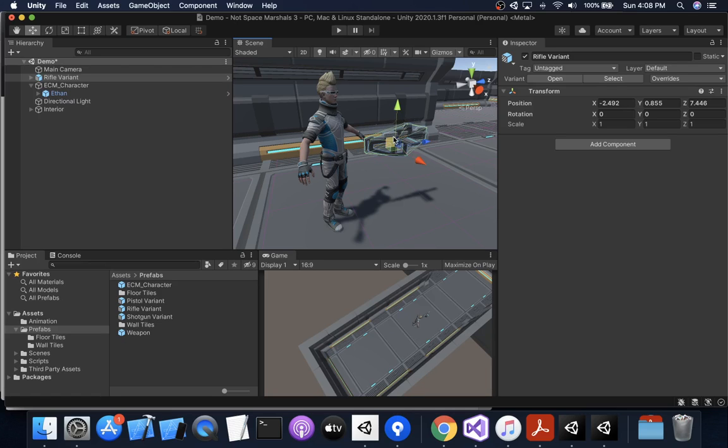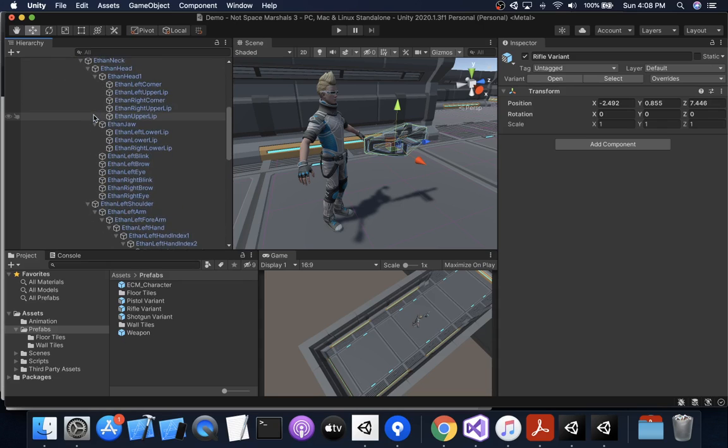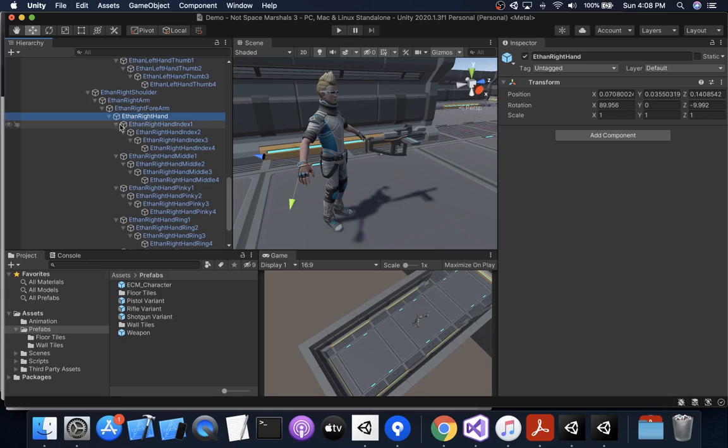All right, so that's really important because what we need to do in order to equip him is find his hand transform. So that means that we go down the tree, and if you press Alt, I believe, or Control, I don't remember which one it is. It's Alt. Alt, and then the arrow drops everything down. So we need to see the full skeleton here. So Ethan's skeleton. If we come all the way down here to Ethan hand, Ethan right hand is right here. I'm going to go ahead and collapse everything